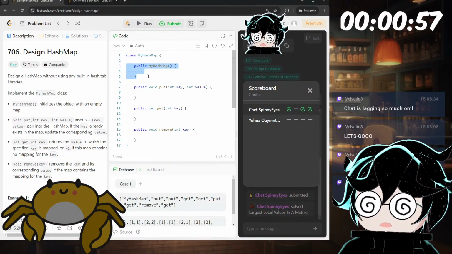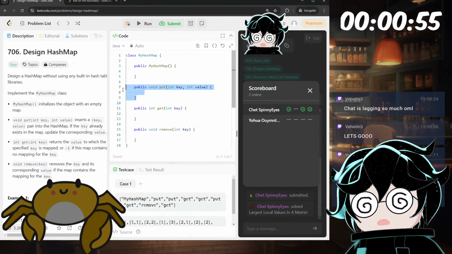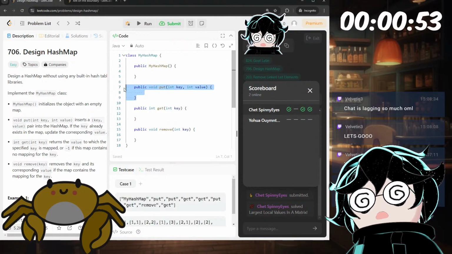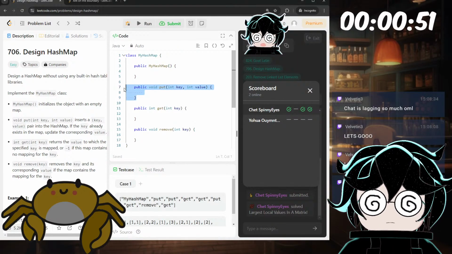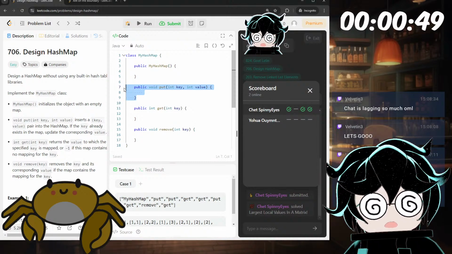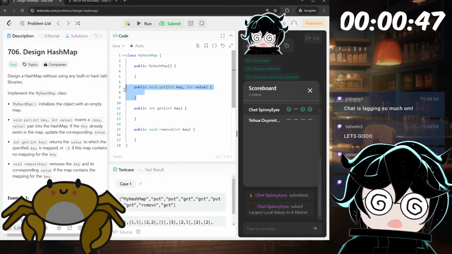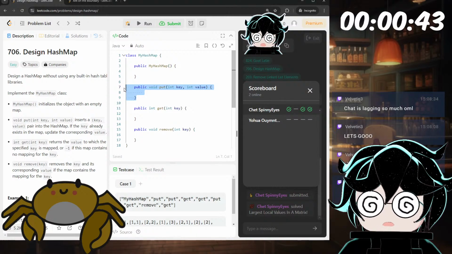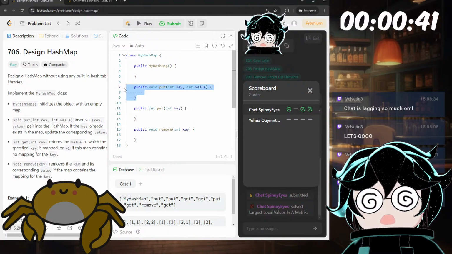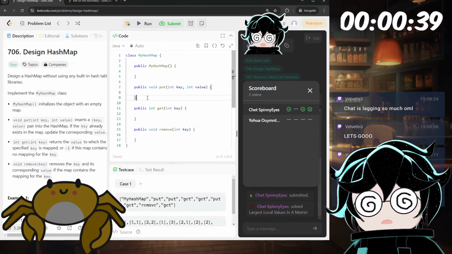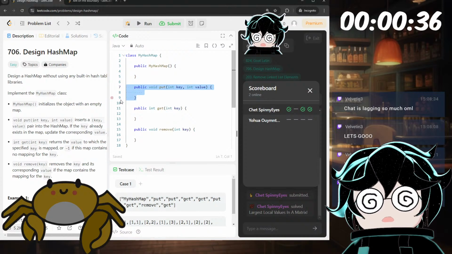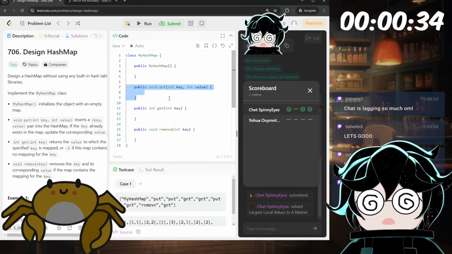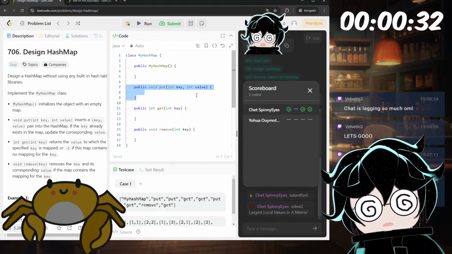All right. And then if you put something, you would calculate its index. What's the hash function though? Is it modulus? Modulus however many spots are in the array, I guess. And then you add the value in, I guess.